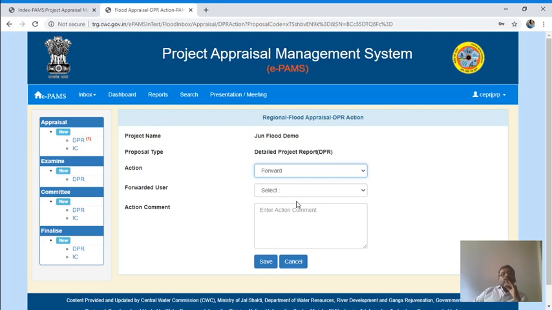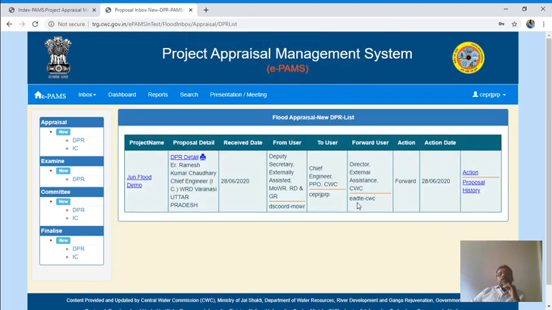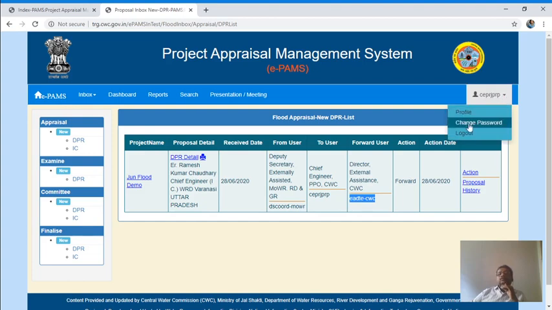Now I am doing forwarding and it is going to director externally assisted. Save. Now it is clear that it has moved to the EADT, director externally assisted. Now I am going to log in with that login.